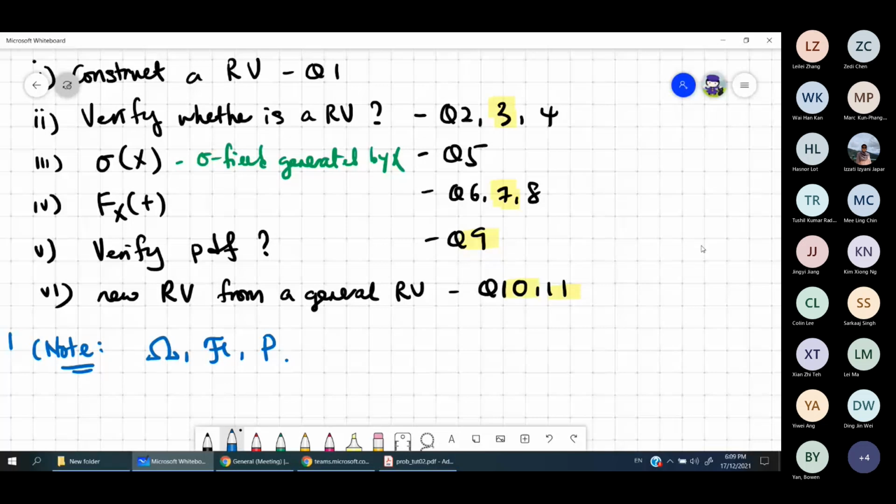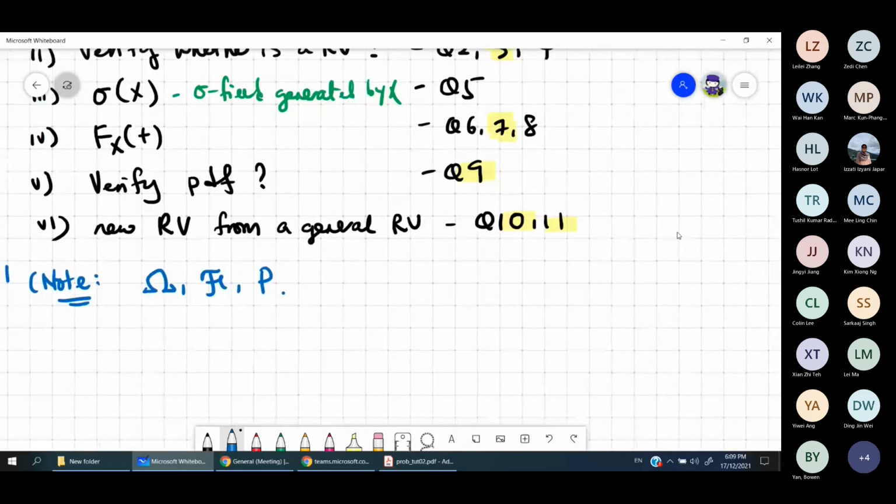This is the sigma field, which means the collection of all the events, and the probability which is defined on all the events here. Okay. And next, once we have a probability space over here, then if we have a function X which is defined on omega to R, we say that this real-valued function X is a random variable if and only if